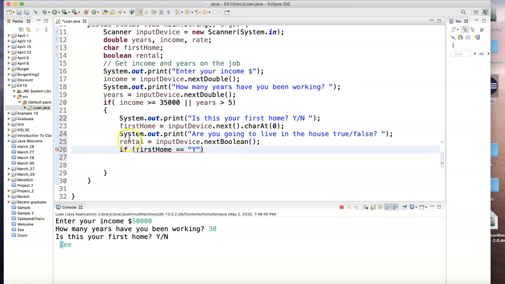What happens if you put lowercase y? So if you really want to cover for that, you can do this compound statement. Put parentheses here, really ugly statement, or first home, just in case somebody types in lowercase, equals lowercase y. Notice if it's a string, it's always single quotation. If it's first home equals this, or equals that,